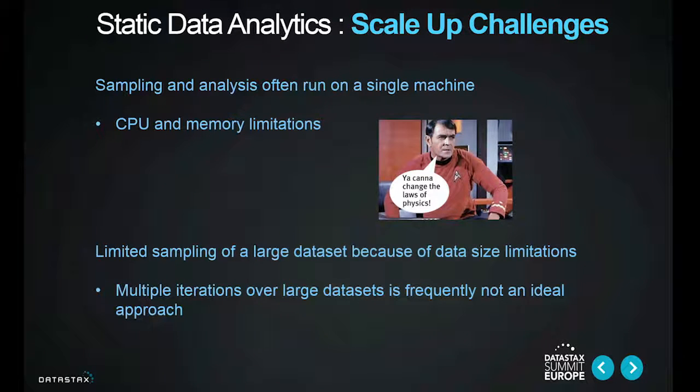That's not the only problem. Probably the main problem is the fact that as these volumes of data get bigger and bigger, you're running up against some limitations on the machinery that you want to perform that analysis. There are finite limitations on the amount of CPU and memory that you can accommodate in a machine. And pretty soon you reach those limits and you're faced with a situation where you can no longer sample the data in its entirety, and you have to take subsets of the data and try and derive an analysis of that, and then try and bring those individual sub-analyses together in some meaningful way. So it's really far from ideal.